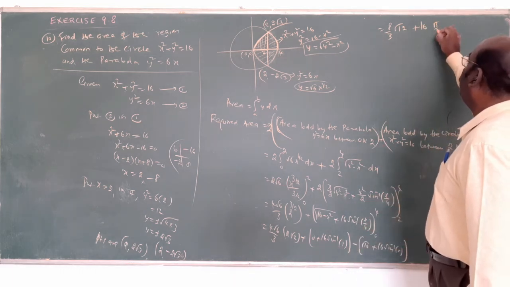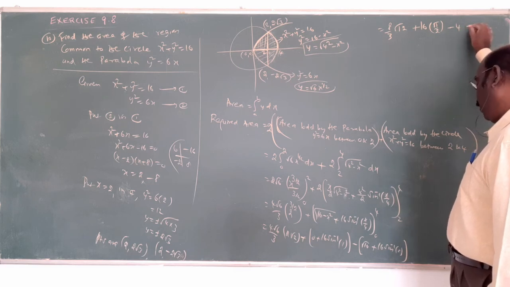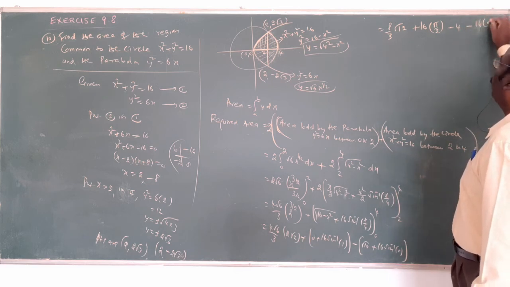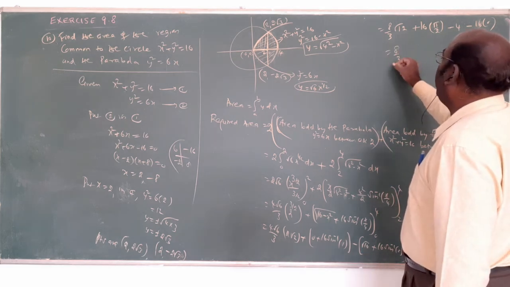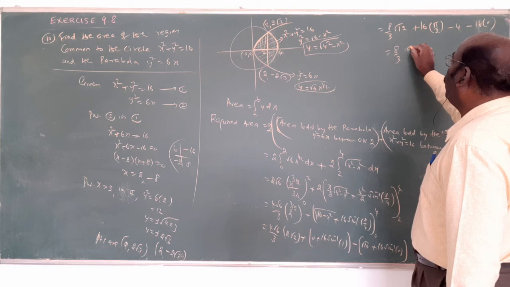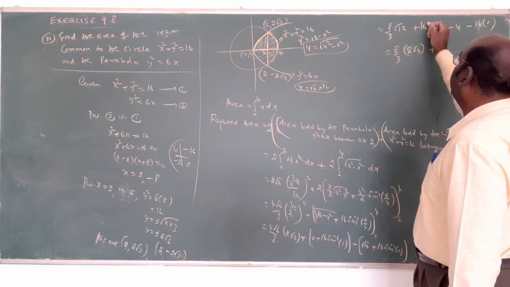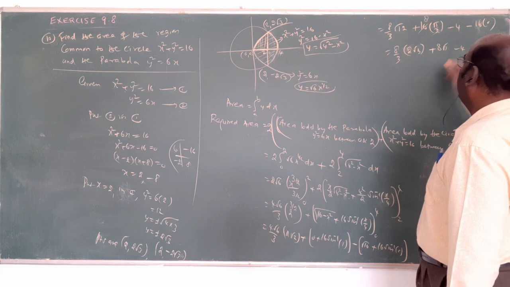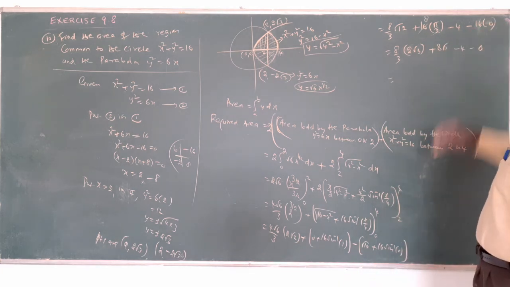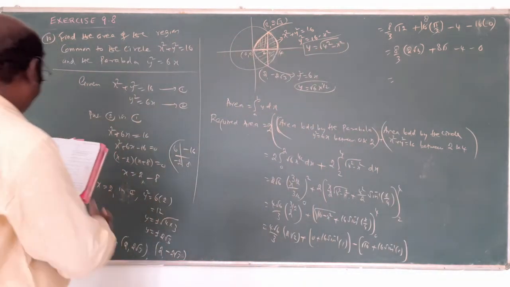25 by 2 minus root of 16 is what? Only 4 minus sin inverse of 0 is 0. Am I right? 16 is 0. Now 8 by 3, the root 12 can have 4 into 3. That is 4 into 2 into root 3. Am I right? Cancel 8 by 2. The minus 4. Am I correct? This is 0. Now simplify, we get the answer.